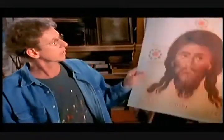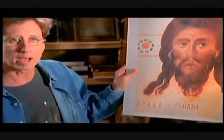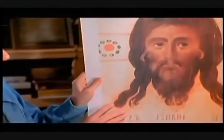Mandilion is a word that means little towel. On this little towel was the face of Jesus, painted on a stylized background and usually shown framed. If the Mandilion was the shroud, why did it show only the face? It was then known only as a face cloth, but Ian Wilson, the English historian, says there's a key word